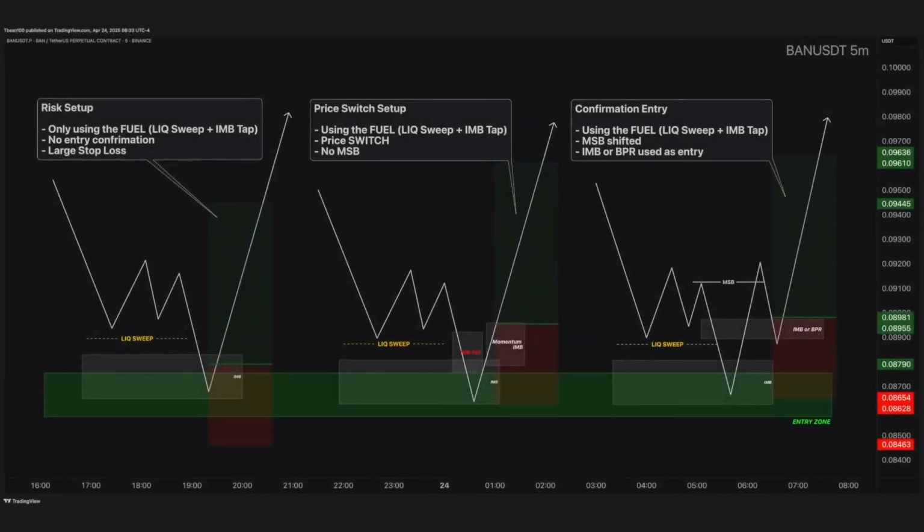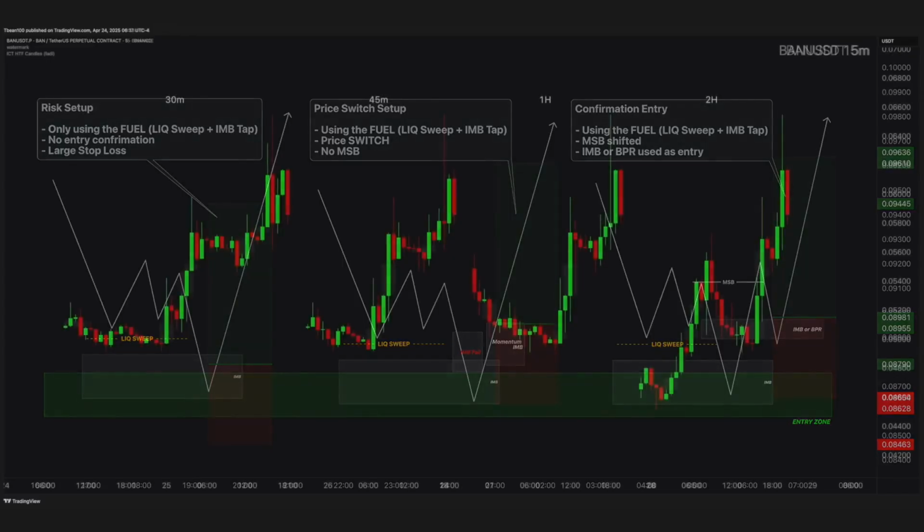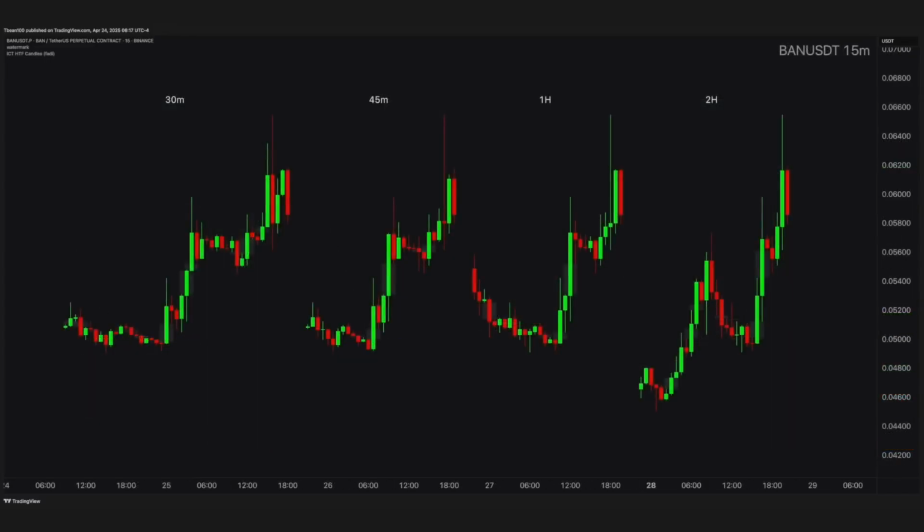Today, let us discuss these 3 entry models which I use the most and how to find great entry locations with the momentum strategy. Do not worry, I will go into extreme detail in step-by-step action. So, the BAN coin was one of the top gainer coins of the day and it had a highly strong